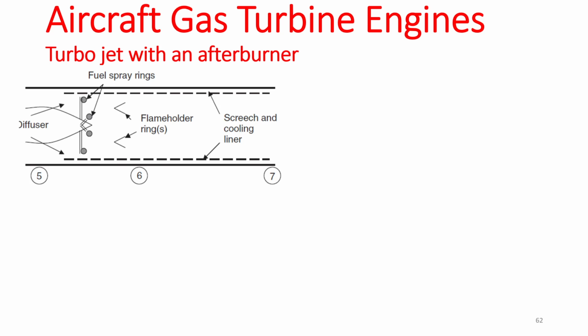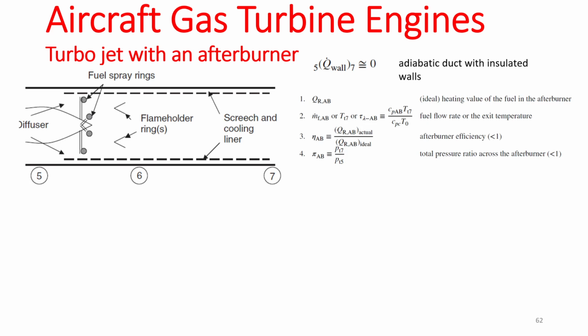As far as the jet is concerned, if you put the control volume on the jet, the afterburner can be assumed to be an adiabatic duct with insulated walls, meaning that there is no heat input from the walls of the control volume, right? And the parameters we need to include in an afterburner analysis: one is the heating value, which is the ideal heating value of the afterburner fuel, right? The amount of fuel flow rate